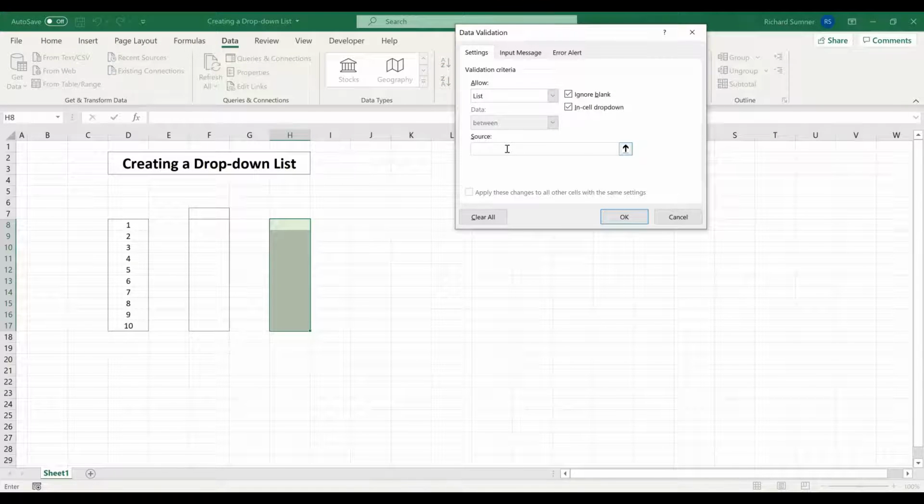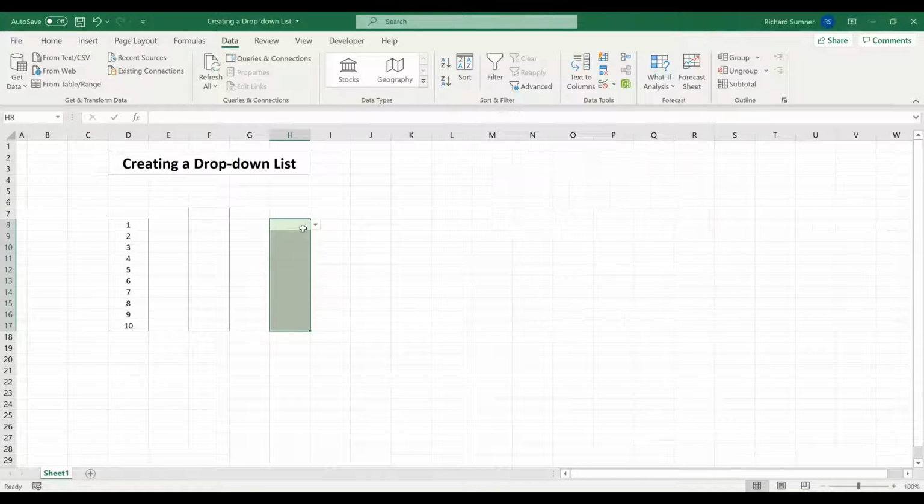Now, what you can do here, I'll show you why I wouldn't recommend this, but you can do 1, 2, 3, 4, 5, 6, etc. Let's just stop there and go OK. And then when you click on it, it gives you 1, 2, 3, 4, 5, 6. Yes, you can do that. I'm going to show you a better way. The reason being is because then you want to change these values or whatever the case might be, and it just becomes tricky. Then I need to go back and re-change these